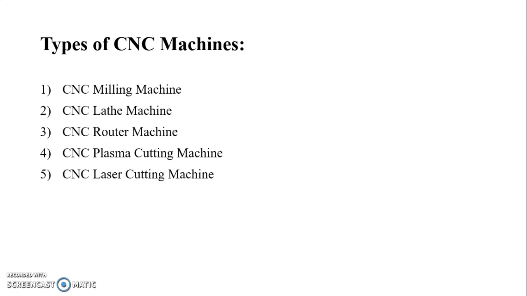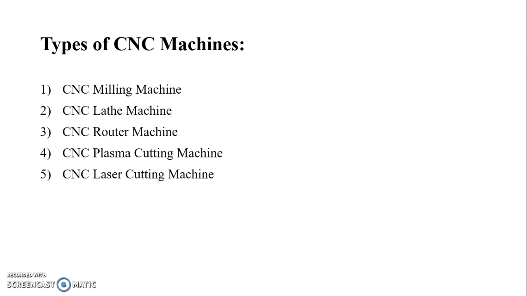CNC technology enables far greater precision in milling than when the operation is performed manually. The CNC milling machine can be programmed to vary the depth, angle, and direction of cut. A 3-axis machine operates along the x and y horizontal axes, as well as the z vertical axis. A 4-axis machine includes a rotary dimension in addition to its linear capability, which allows it to cut along an arc. Then the second type, the CNC lathe machine.